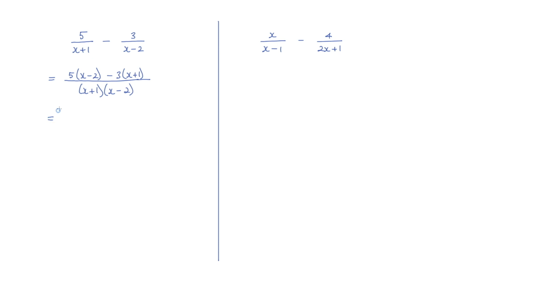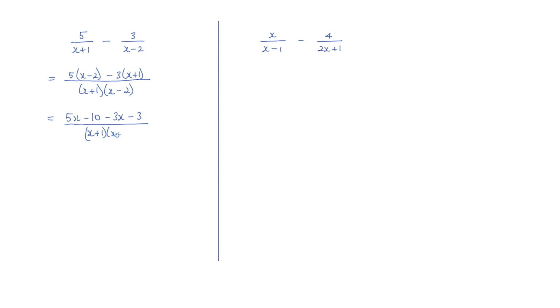Okay, we'll go ahead and expand brackets here. So 5 multiplied by the x is 5x. 5 multiplied by this negative 2 here, that's going to be minus 10. We've got the negative 3 multiplied by the x, so we've got minus 3x. And the negative 3 multiplied by the 1, so we've got a minus and a plus, making a minus. So that's going to be minus 3. And that is all over x plus 1